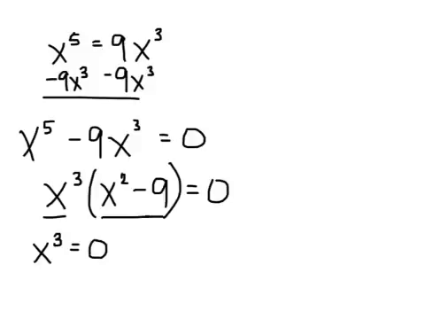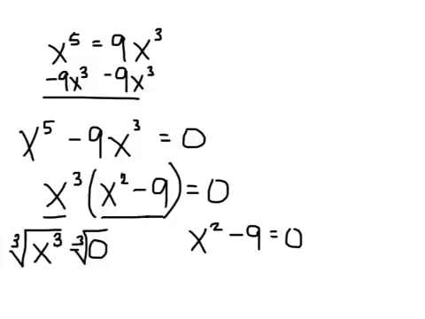So x to the third equals 0, x squared minus 9 equals 0, and now I try to solve for x. In order to get rid of a cube, you're going to do what we call cube rooting it, which means I'm going to put a 3 right in that space right there. The cube root of x cubed is x, and the cube root of 0 is 0. If I add 9 to both sides,